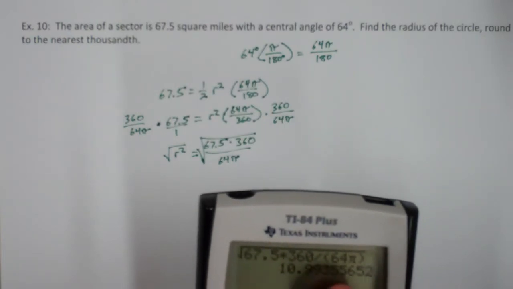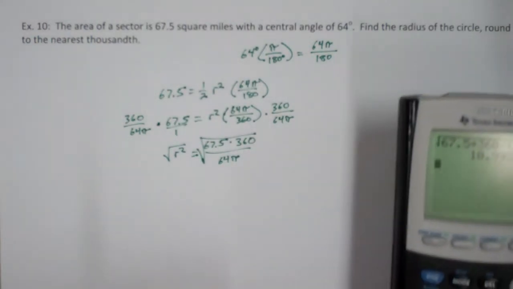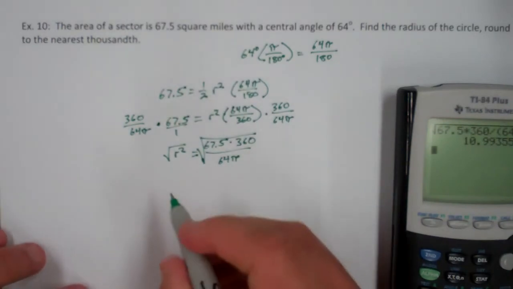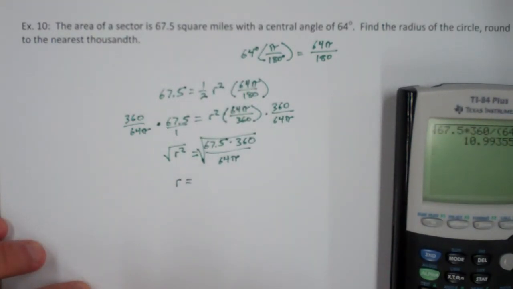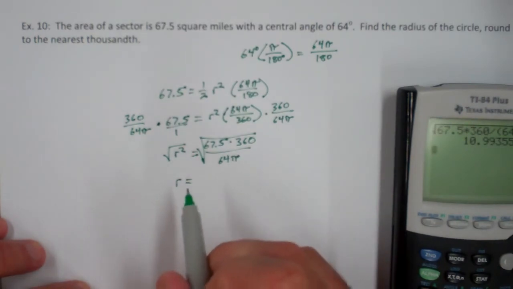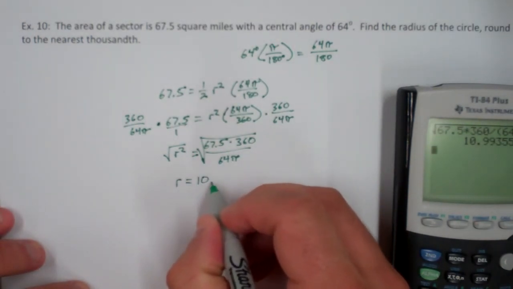And we've got about 10.9935. We're rounding to the nearest thousandth, so we should round that 3 to a 4. So our r value here, and we only want the positive value. We don't need the negative one because radiuses are distances, and distances, well, they're positive. So this will be